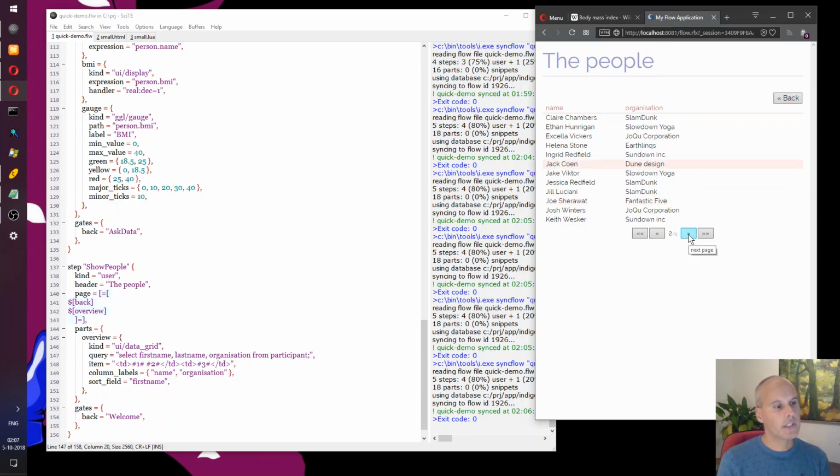But the asynchronous bit that I mentioned earlier is already here. So clicking this button here, and these paging buttons, actually updates only this bit and nothing else.